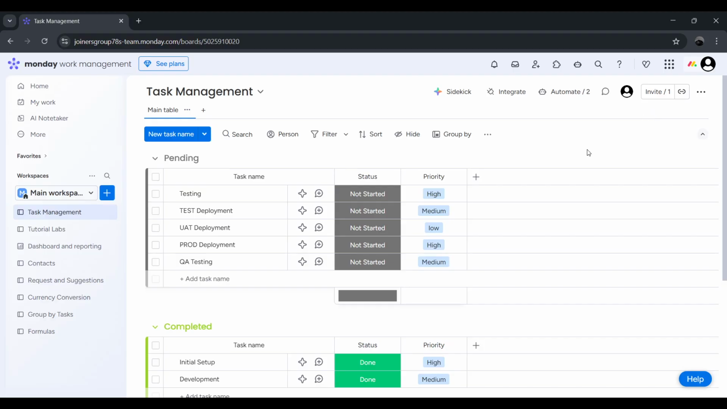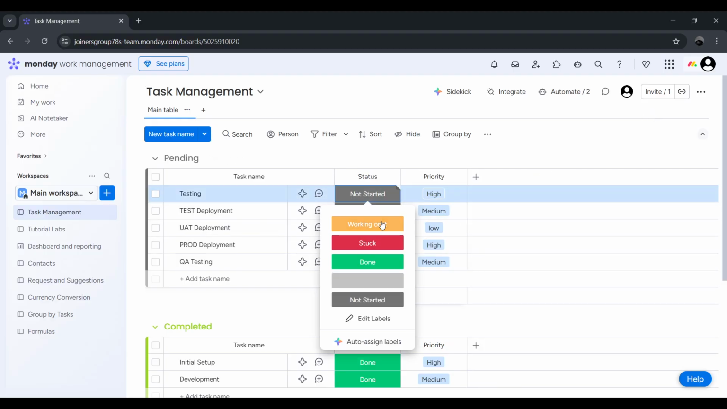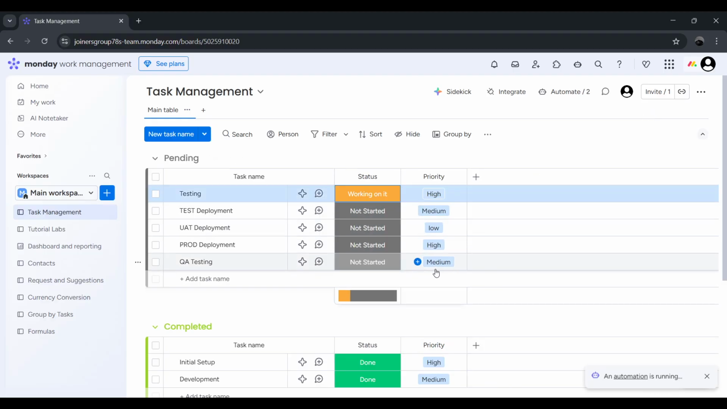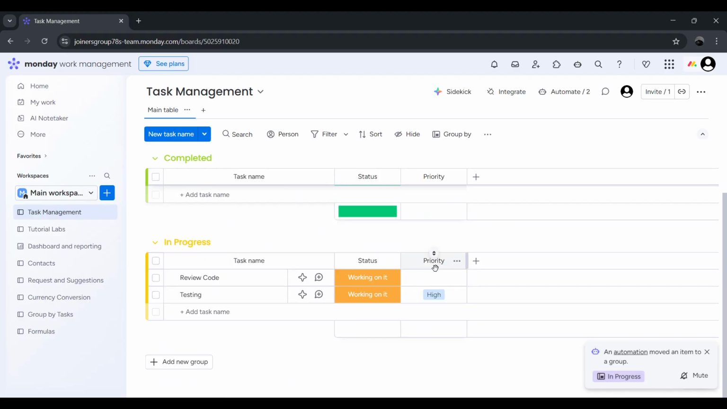And that's it. You've successfully duplicated an automation workflow in Monday.com, giving you a powerful way to replicate and customize